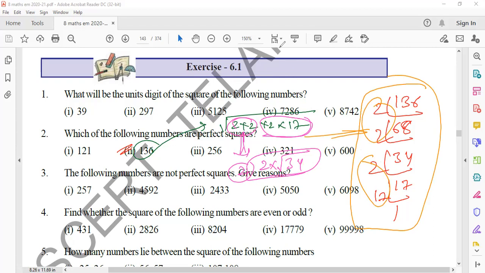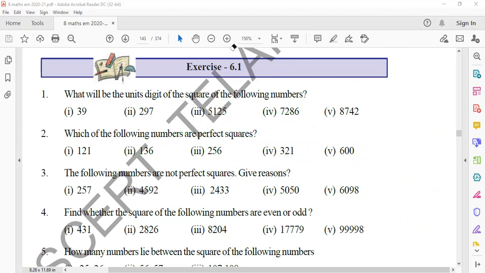What I told you, there is a next question. What are the methods? Next case: the following numbers are not perfect squares. Which numbers are perfect squares and which are not? Checking all the numbers the same way, using the prime factorization method is the best option, up to my suggestion. Clear? If there is any correct shortcut, I'll look into it in the next class. But up to this, you can use the prime factorization method as the best option.